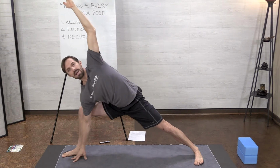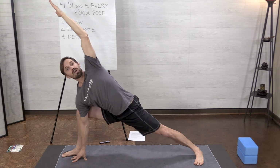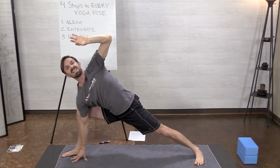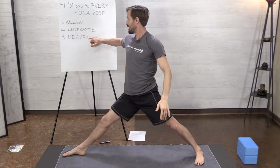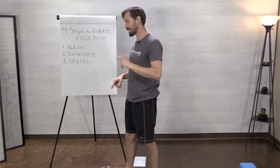I can lower my right hand down. As I lower my right hand down, now it works the hips even lower. As that happens, I want to reintegrate, and then even in depth, even when I express the deeper aspect, I still want to come back and feel that muscular integration happening. So, align, integrate, deepen. Last bit is